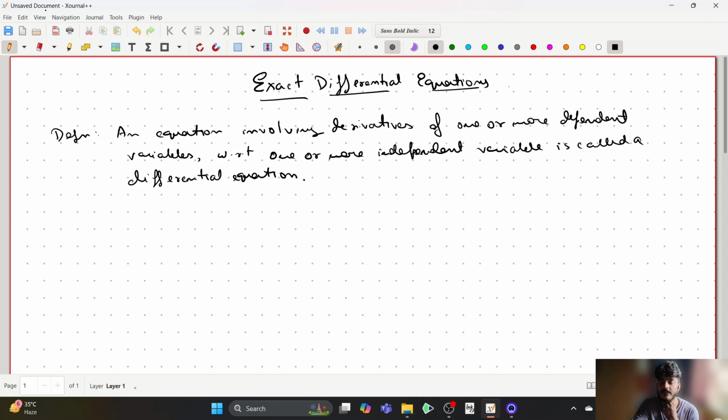Fine. If there exists only one independent variable with respect to which you are talking about an equation which involves derivatives, in that case we say it is an ordinary differential equation. So an ODE involves a single independent variable. Fine. We specifically want to talk about first order differential equations in this lecture, first order ordinary differential